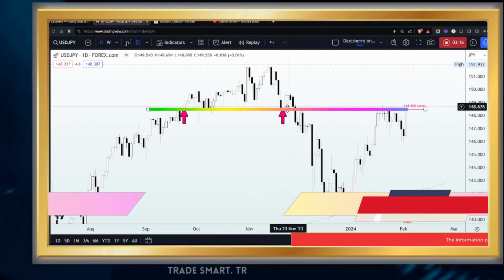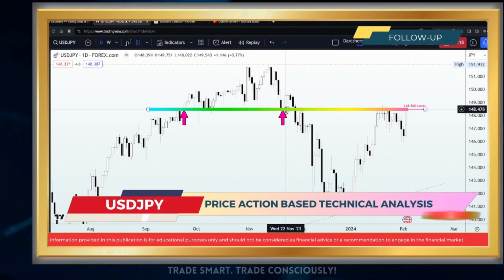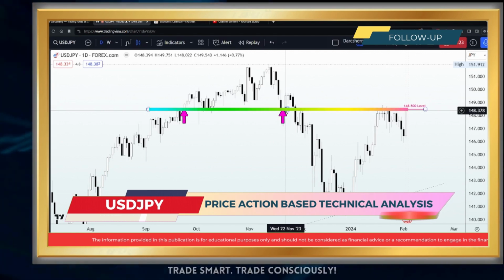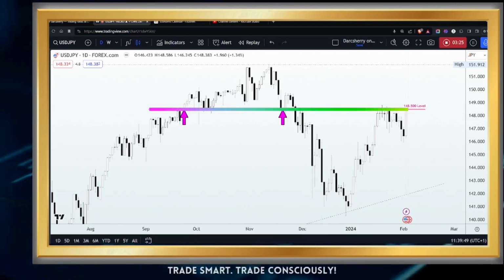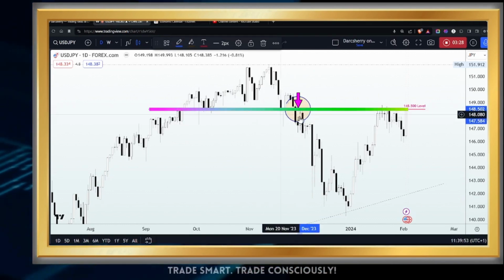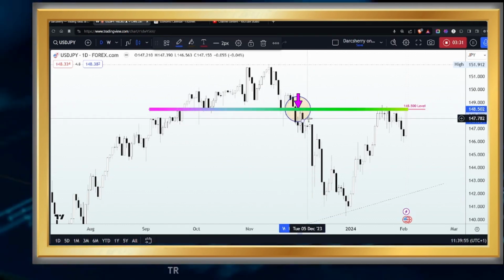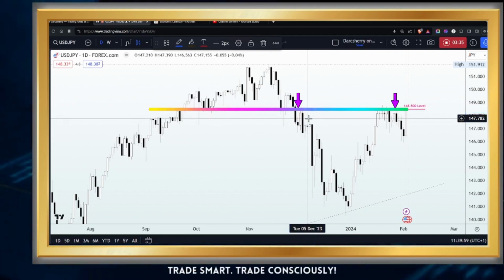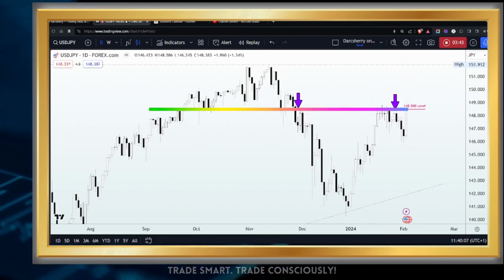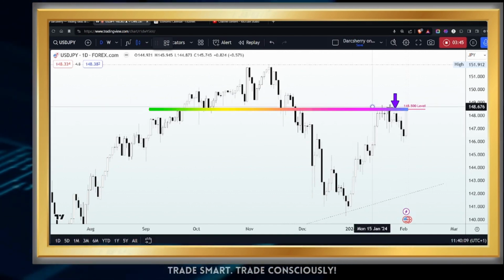Between September and November, it was more of a buying niche, as we saw how sellers struggled to break through until finally we saw a breakthrough in the month of December. And since then, price action has remained below this key level to emphasize the strength of the sellers. However, in the last 2 to 3 weeks in this market, you will see that price action is back into